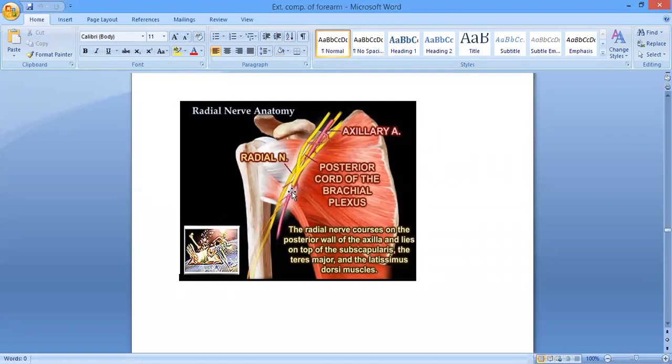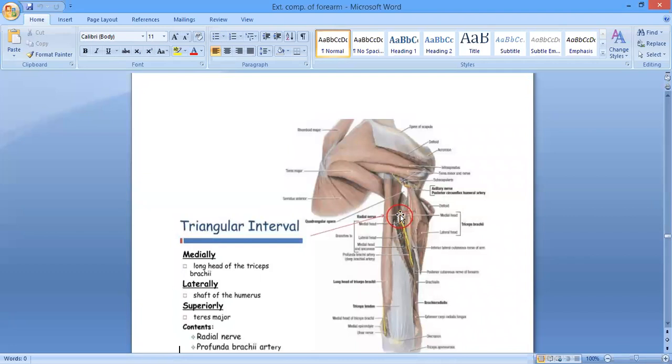And then it is going to leave the arm, okay? Rather, you can say it is going to leave the anterior aspect of the arm, and enters into the posterior aspect, or the posterior compartment of the arm, by passing through the lateral triangular space. You can see this one is running downwards over here, and then it is going to pass through this lower lateral triangular space, or the triangular interval over here, along with the profunda brachii vessels. Does anyone remember?